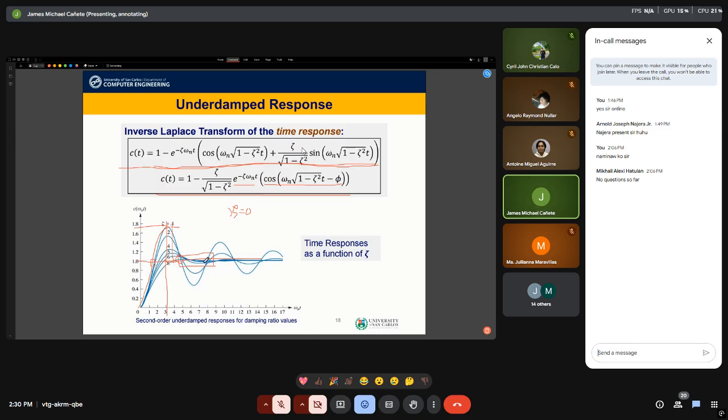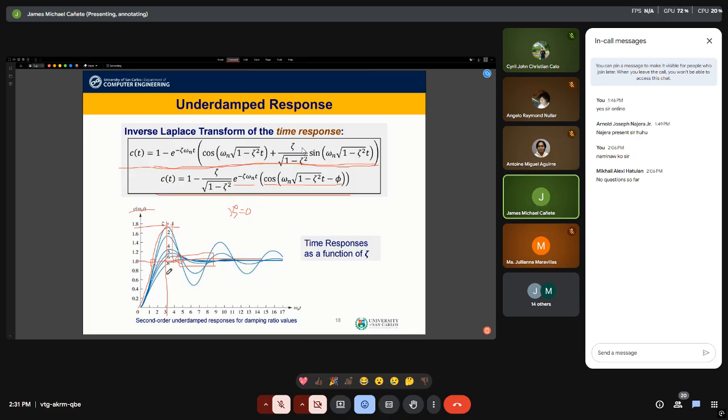What is the effect? When you look at 0.1, our system has this peak due to the oscillation, right? Because the damping ratio is very small, many oscillations get through. If we go to the extreme end, 0.8, because our damping is large, the damping ratio is very high, the oscillations seem to disappear. I think that's the lowest line. Somewhere in between is just that trend, no? Time response is a function of zeta. That is, if we change zeta, the output that we have will look like this.